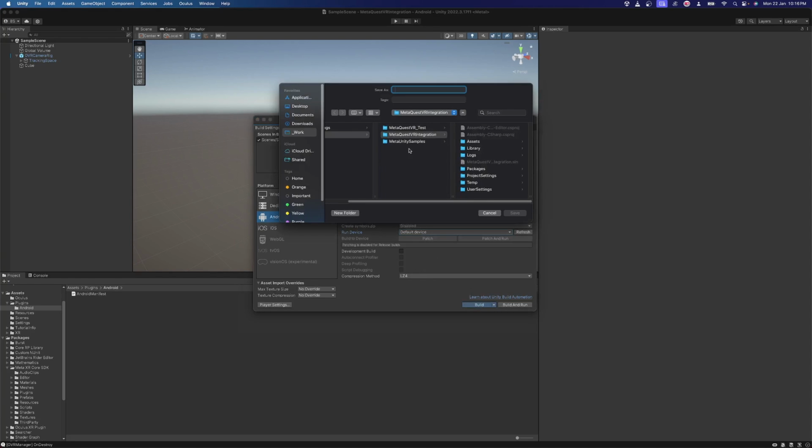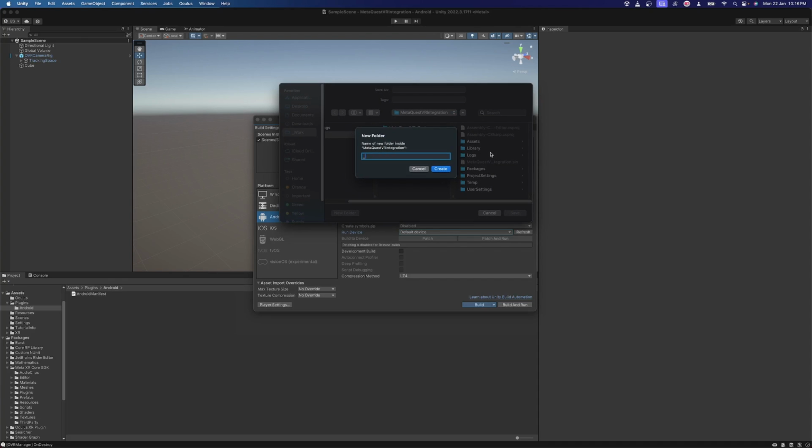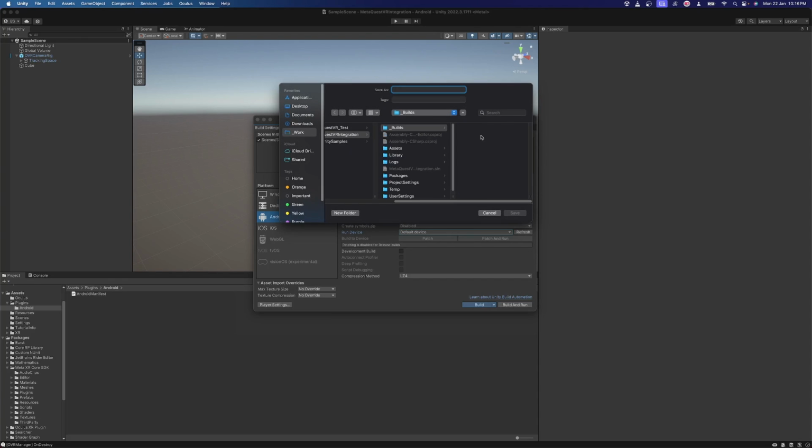Alright, so select your device if you have one. If you don't have one, then just click build and give a location for the APK file to generate on. So I normally create a build folder inside my Unity project and name it whatever you want the app to be,